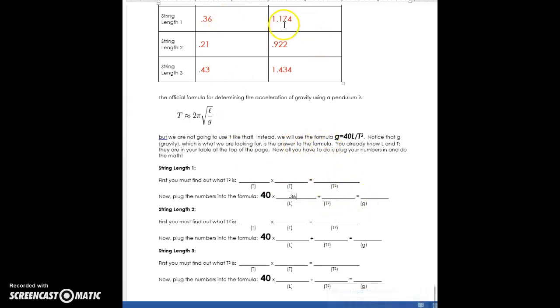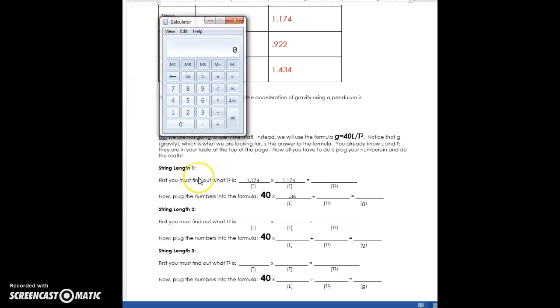Now we need to calculate our T squared. Okay, T for this example is 1.174. So I need to use it twice. 1.174, and again here, 1.174. So I'm going to do this math out. All right. 1.174 times 1.174. Now remember, you're doing this with your own numbers. Do not use my numbers. Use your own numbers. My answer is going to be